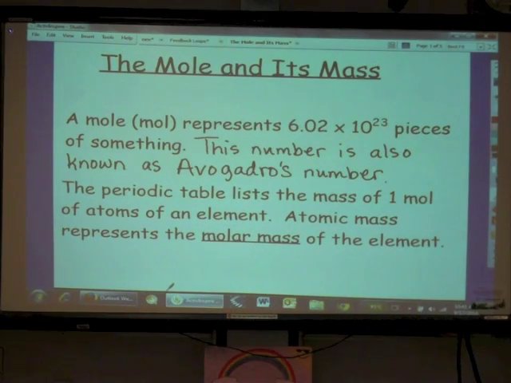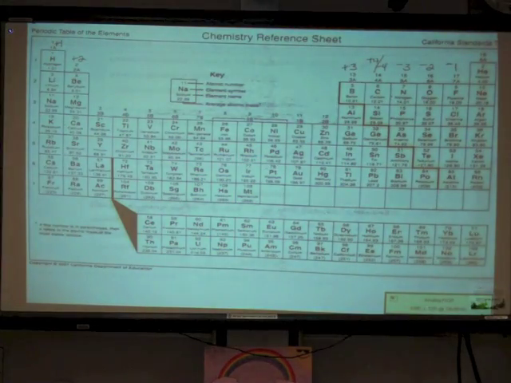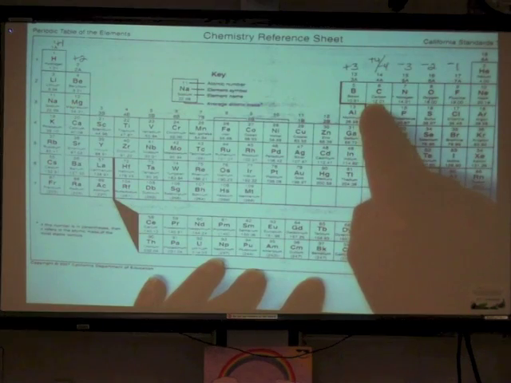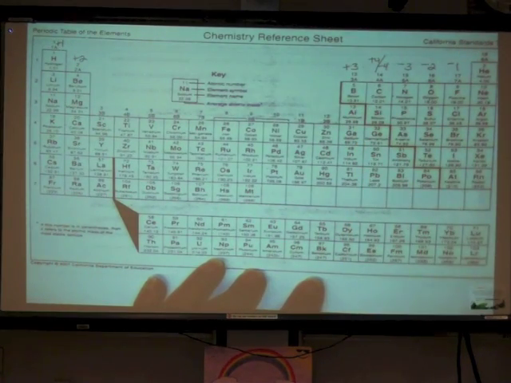Because the mole is a human-made construct. Chemists made this extremely convenient. So when they came up with the idea of a mole as a quantity that we can use in chemistry, this is how they decided. They took exactly 12 grams, okay, so not the average, they took exactly 12 grams of the isotope carbon-12, and then from